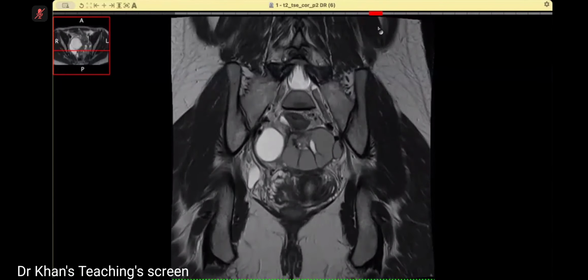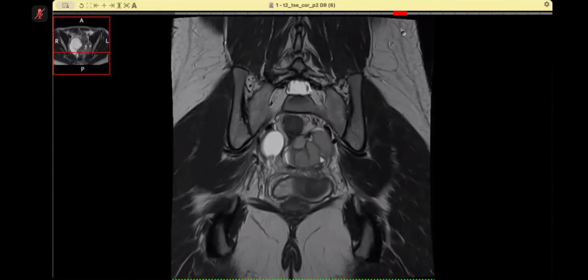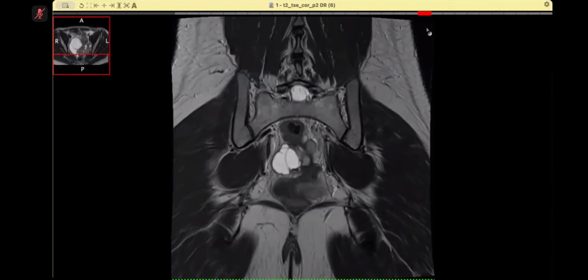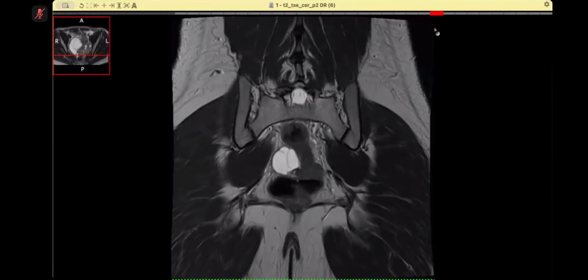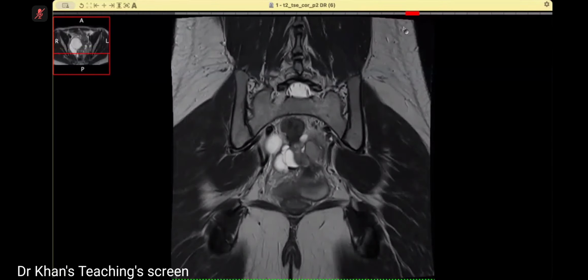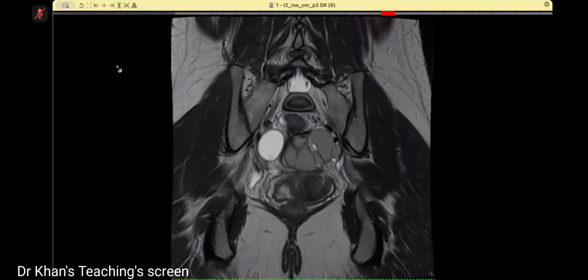This tubular structure, there is a T2 low signal also noted in it. This could be bilateral enlarged ovary. Anything else you want to see? Sir, I want to see the post-contrast images